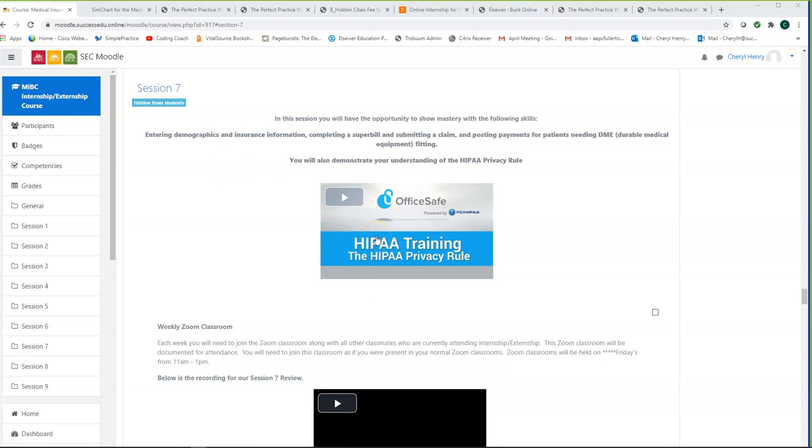At the beginning of each section is a basic introduction of what that session is about. If you trust your eyes and read all the words that you see, you will have very few questions. It might be a little awkward in the beginning, for the first session, because for these exercises we are utilizing the SimChart component on your Evolve site, and we're combining that with outside resources so that you can practice as if you are entering patients